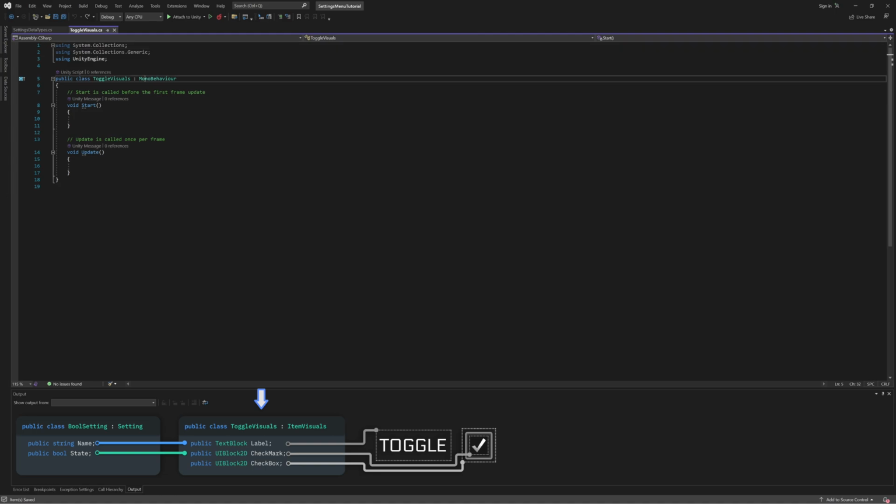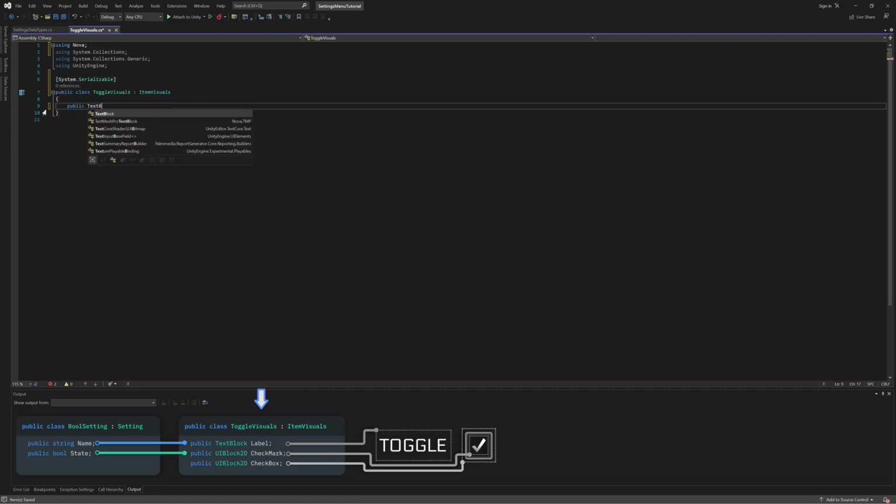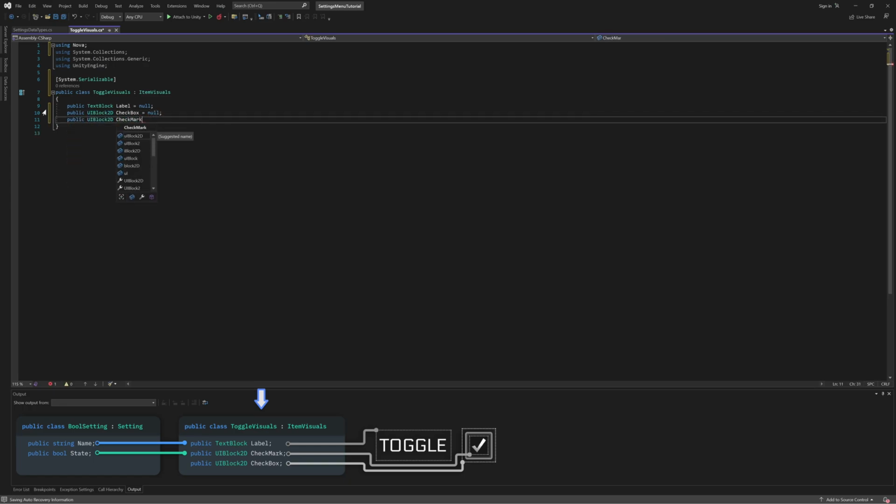Now let's switch over to our toggle visuals class. First, we'll make it inherit from item visuals and mark it as serializable. And now let's add a reference to all the things that we might want to modify. So first a text block for the label, and then a UI block 2D for the checkbox so that we can modify its color based on the interaction state. And finally, another UI block 2D for the checkmark so that we can enable and disable it based on the